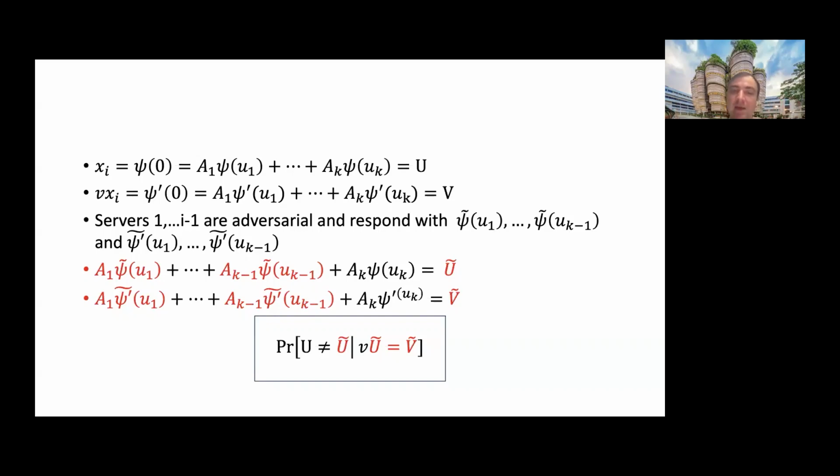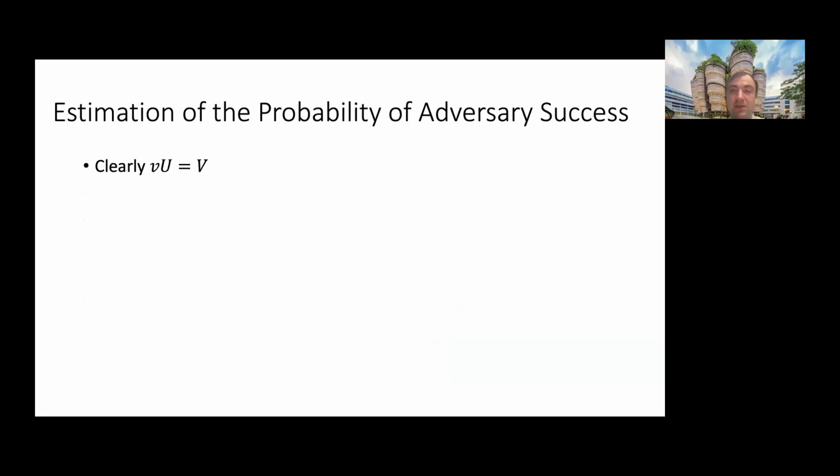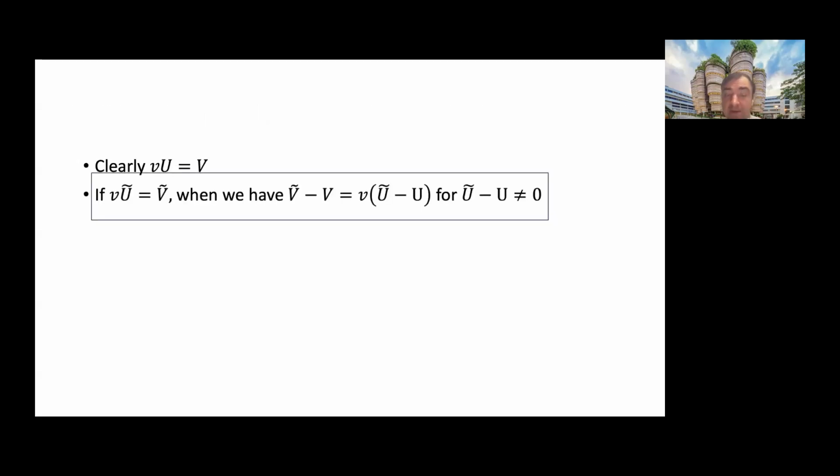It means that v small times u big tilde is equal to v big tilde. How to estimate the probability of adversarial success? Here we will need a Schwarz-Zippel lemma, and first we note that v small times u big is equal to v big, because for correct values of the retrieved file of interest the verification equation passes, so it's trivial. And if the verification equation is passed for an incorrect file of interest,